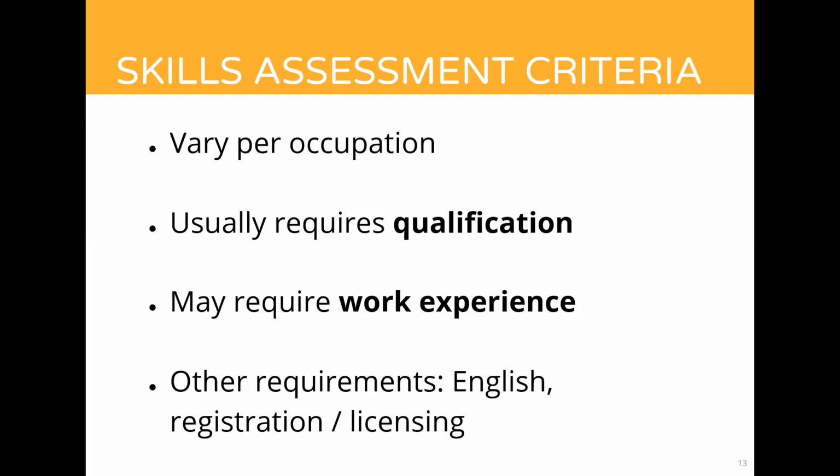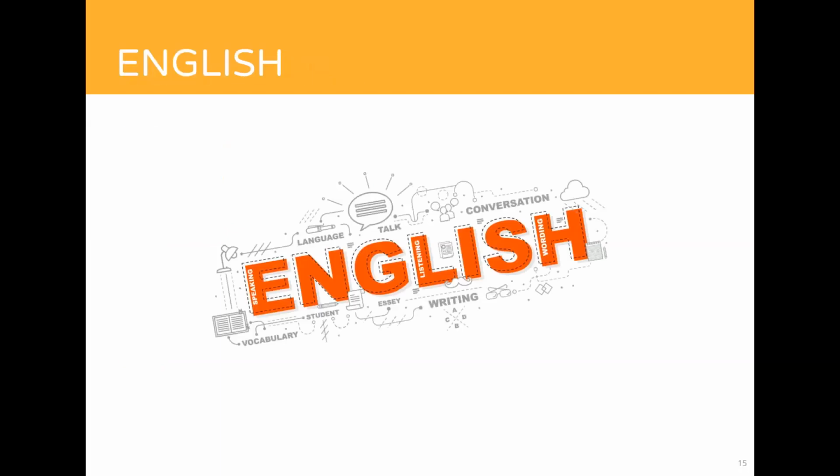So the skills assessment is the first criterion and will advise you whether your skills are recognised in Australia, and if so, you can then move on to the next step. So the next step is English. It is a requirement for each primary applicant to have competent English, and this is measured through the results of an English test, which is either the PTE, IELTS or Cambridge test. Results are valid for 3 years.